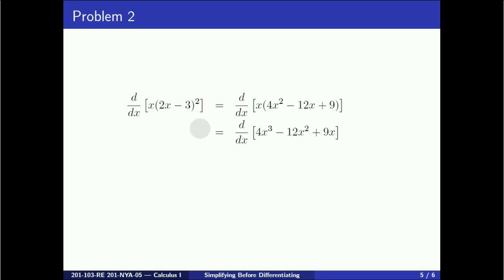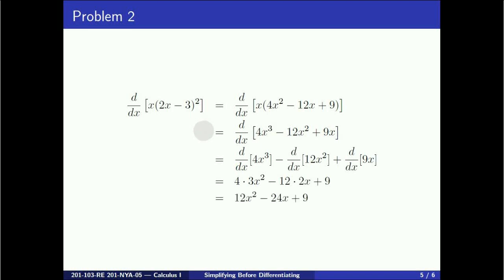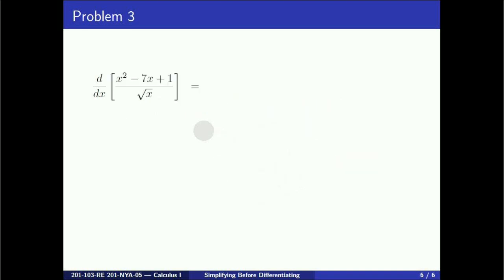Then we differentiate each term in the sum. For example, the derivative of 4x cubed is 4 times 3x squared, which gives 12x squared. Overall, we get a derivative of 12x squared minus 24x plus 9. In the last problem, we have a quotient of two functions. Although there is a rule of differentiation for quotients, we have not seen it yet, and the method we suggest